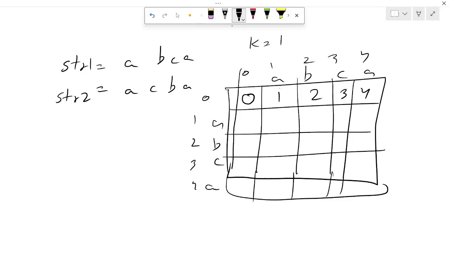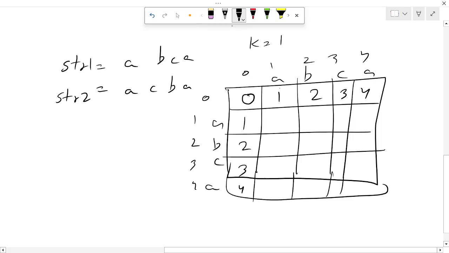Same as it is, if our s2 string is 0, then our s1 string has 1 character, then we will need to add 1 2 3 and 4. So now let's fill this cell. If our characters are equal, then we can neglect this character and we will go to the i minus 1 and j minus 1 position, so we will take this value. If our characters are not equal, then we can delete this character or we can delete that character. Deleting this character we will take this value, and deleting that character we will take this value, and we have to take the minimum of them, and after that add plus 1 here also.